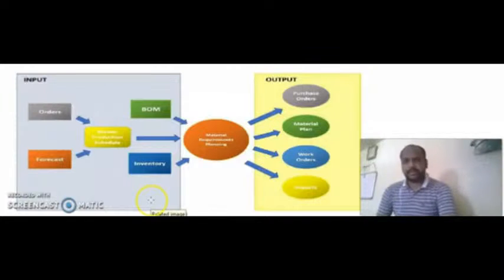Just an example we will discuss. Suppose it is observed that material travels from one machine to another machine, and it takes a span of only 15 to 20 seconds. 20 seconds we will consider. So for increasing the production process, it is decided to have a minimum travel time for